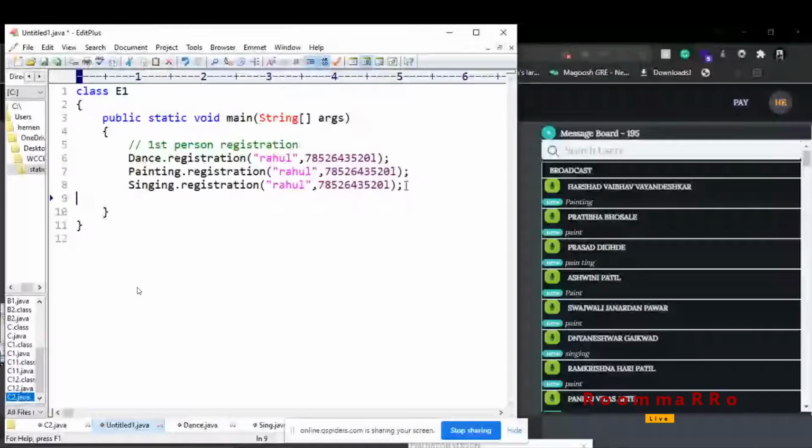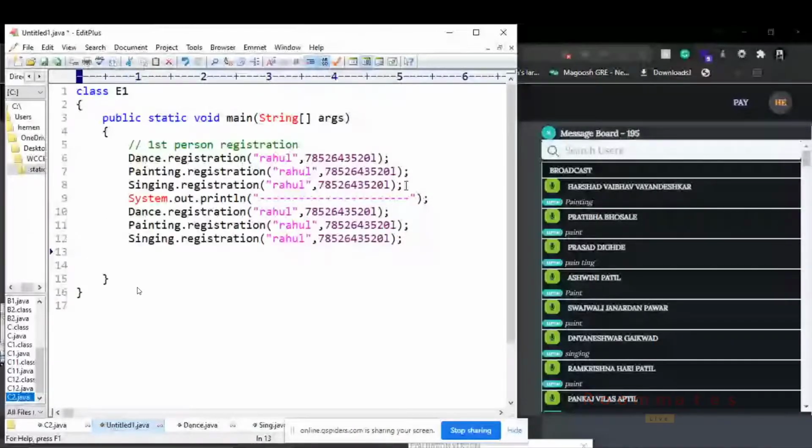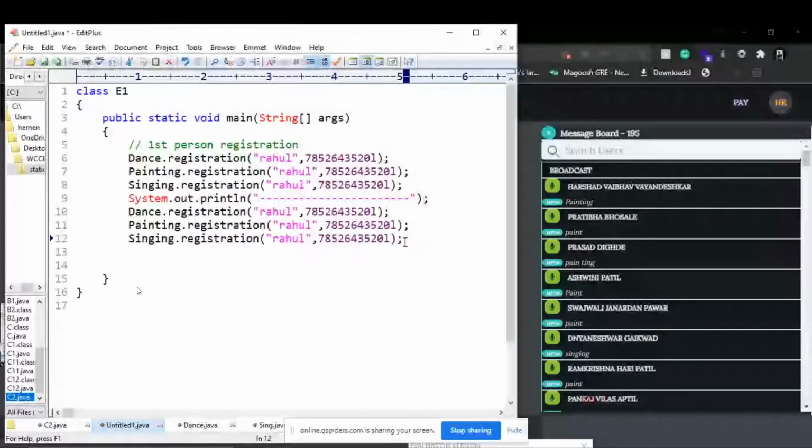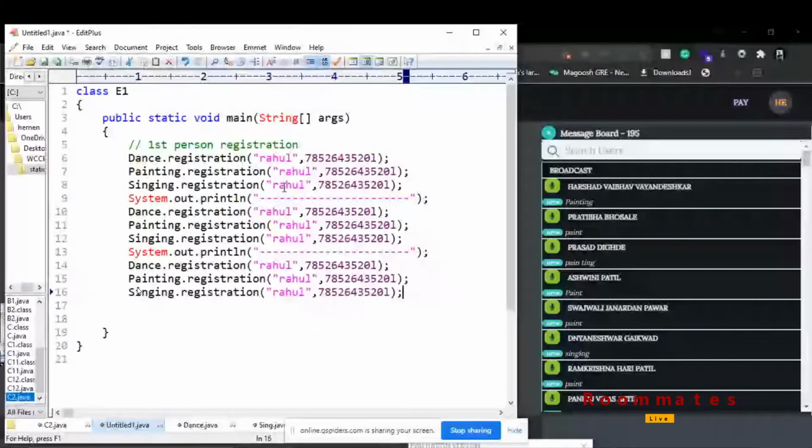Then I'll print like that, system.out.println, and I'll print this one. Then I'll register Rahul's friend. So I register Rahul, then let's say Ajay. Yes, here also write Ajay, here also write Ajay.